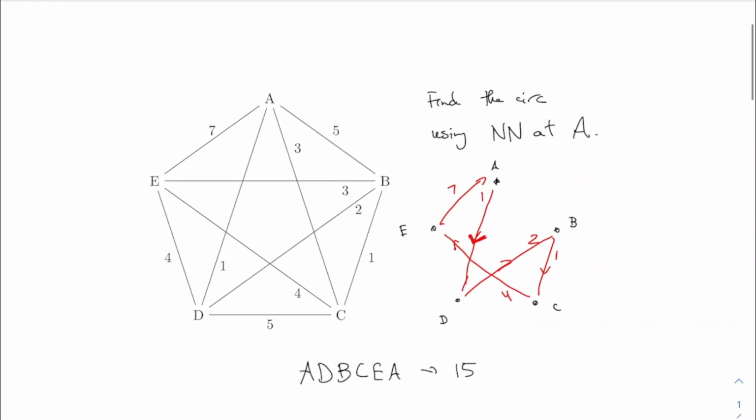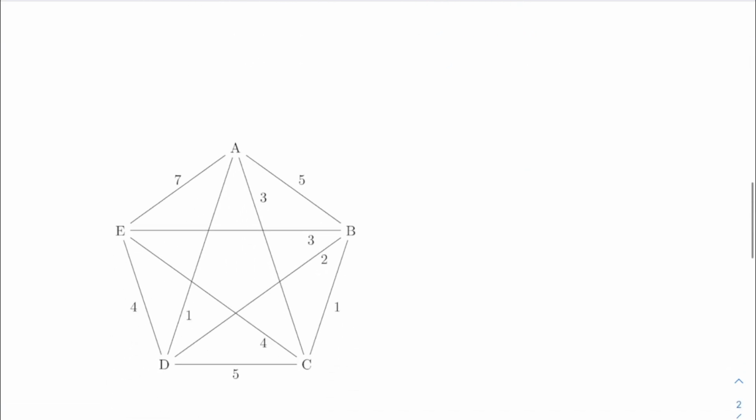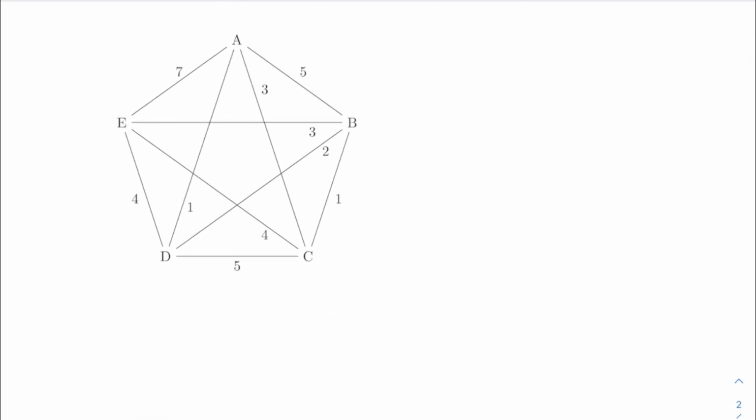So what we did last time was the nearest neighbor starting at A, and it looks like that. I'll do it here on the back. So what we're doing here is repeated nearest neighbor. First you start at A, then you do it again starting at B, and so on. So starting at A,